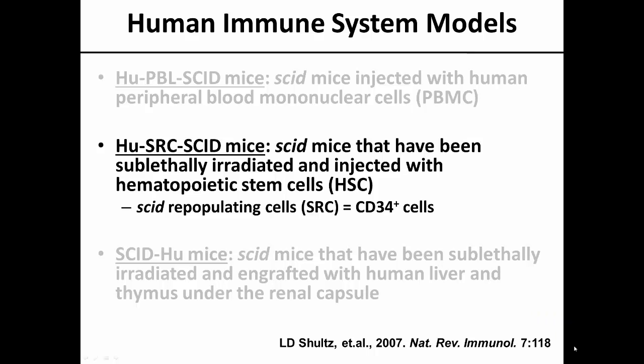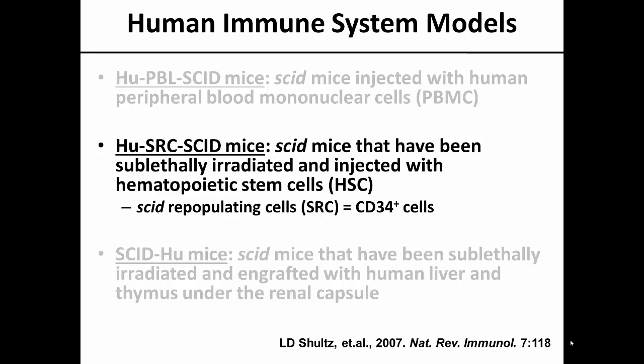So this brings us now to the second model that we use to study human immunology in these mice, which is the Hu-SRC-SCID mouse. Again, these are animals injected with hematopoietic stem cells and grow a complete human immune system. So what exactly is a hematopoietic stem cell? I'm sure everyone is fairly familiar with this, but